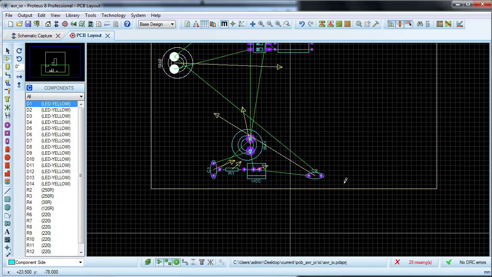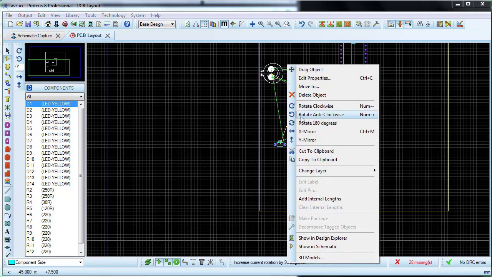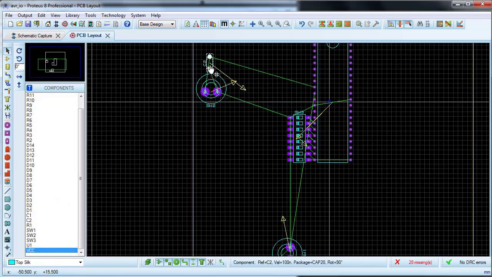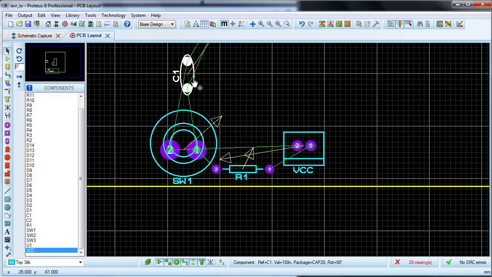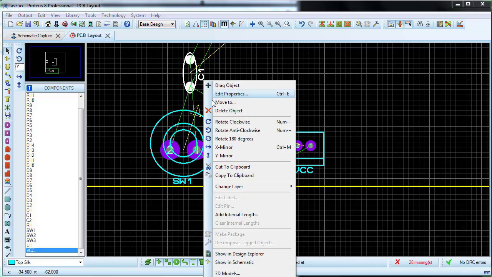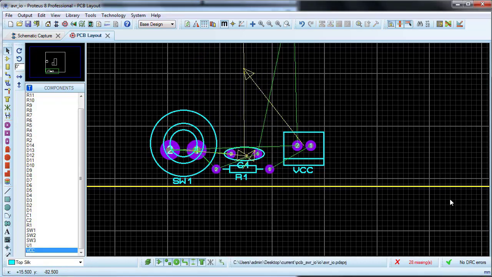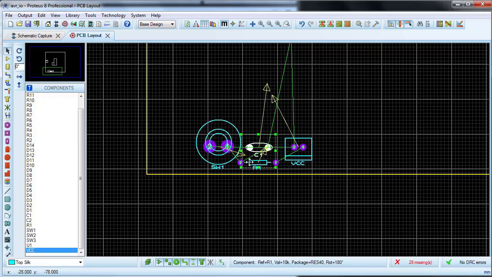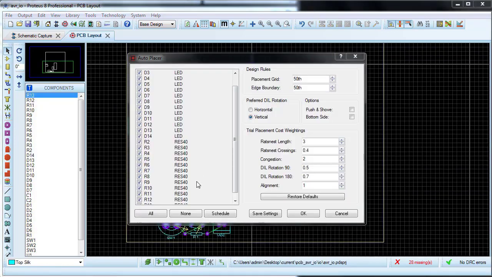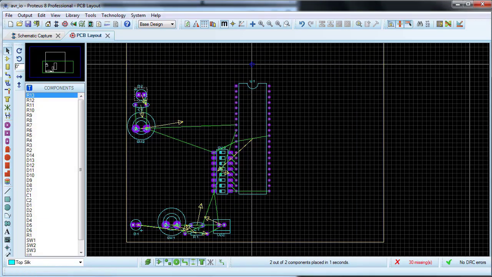Use manual adjustment. Now bring LEDs 1 and 2 as a guide. Move them to the right so that they can be used as a guide in the next step for AutoPlacer.